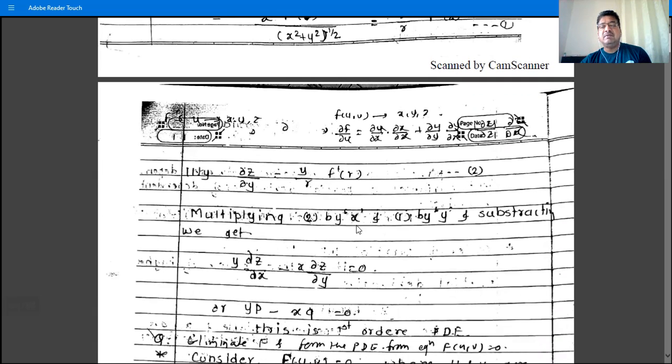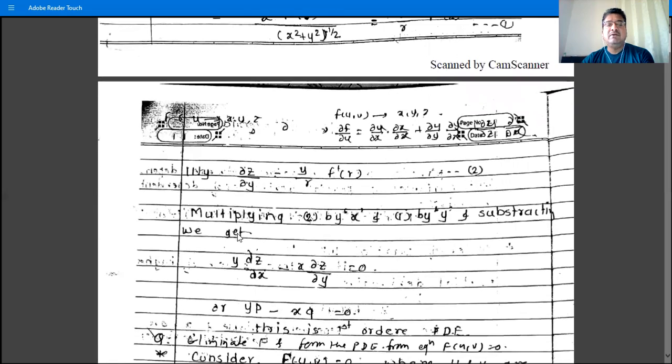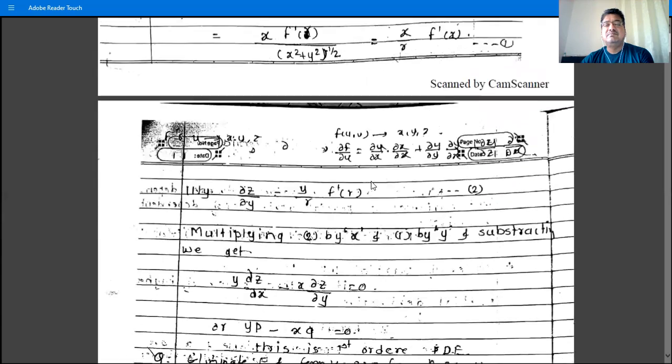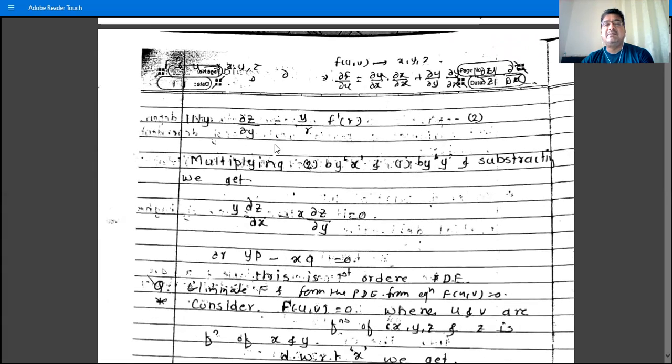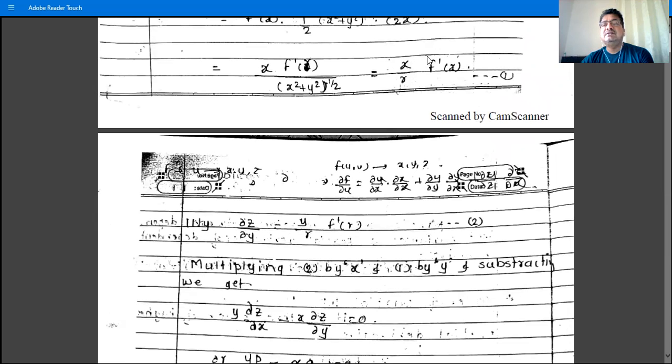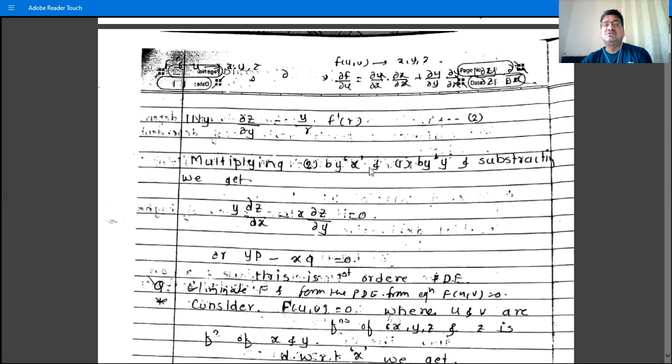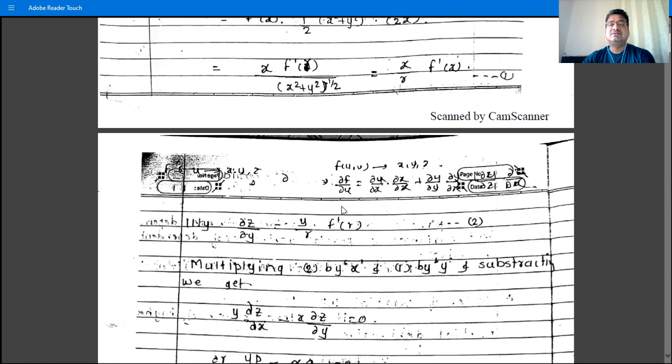Then multiplying equation 2 by x and 1 by y and subtracting, what do we have? y dA by z by dA by x minus x dA by z by dA by y is equal to, then this value is what? x y by r f dash r, and minus x y by r f dash r becomes 0. So multiplying equation 2 by x and 1 by y and subtracting, we have y dA by z by dA by x minus x dA by z by dA by y